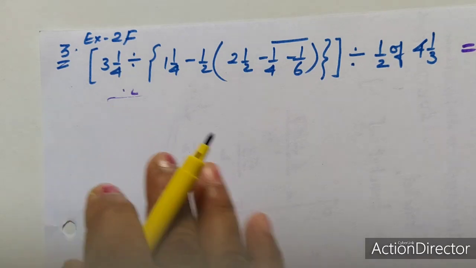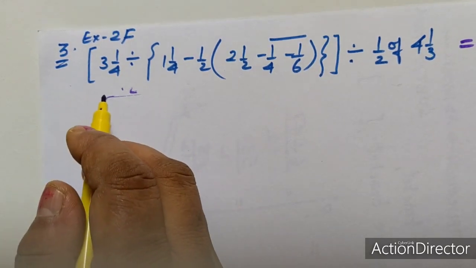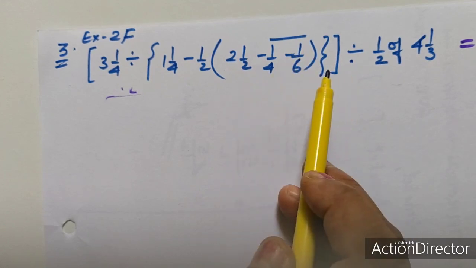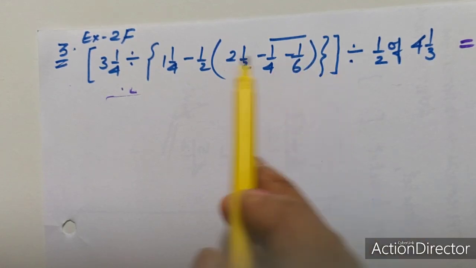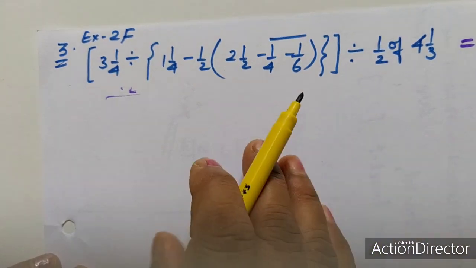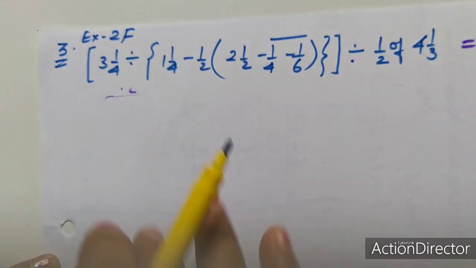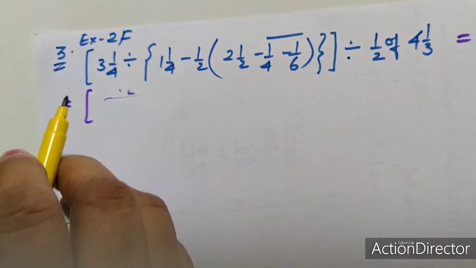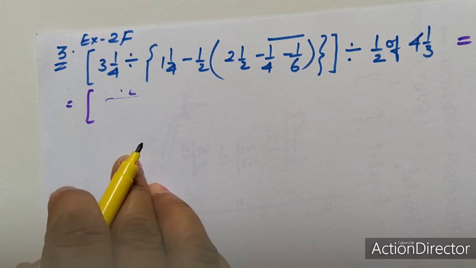So I will explain how to solve this one. As I told you, start with the bar, then the common bracket, then the curly bracket, and at last the square bracket. Before that, many numbers are in mixed fraction form, so let me convert them. Unless you are solving the bracket part, you copy down the remaining as it is. So start in the same manner. In the first step you are not supposed to change any sign, okay?